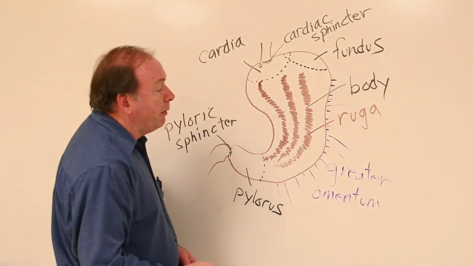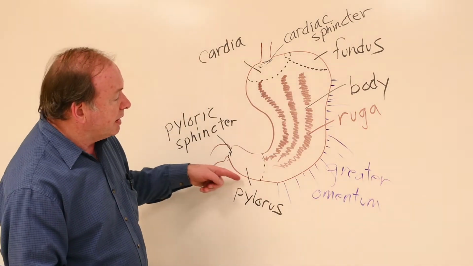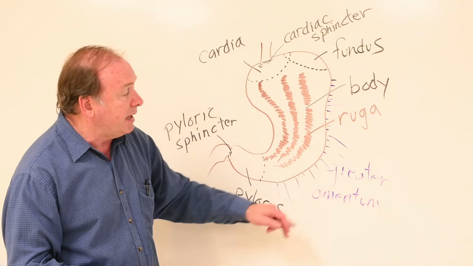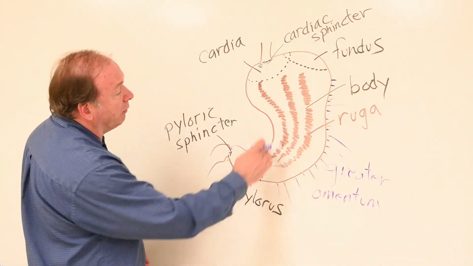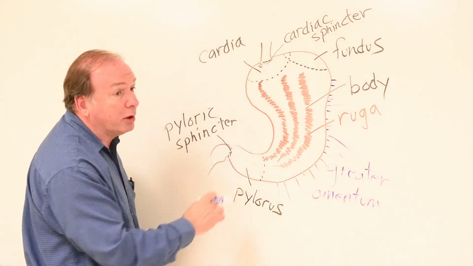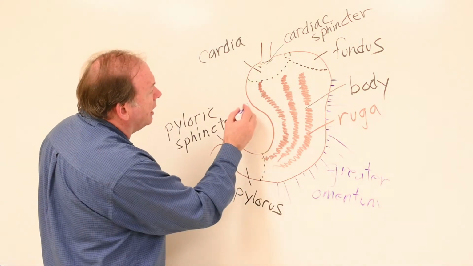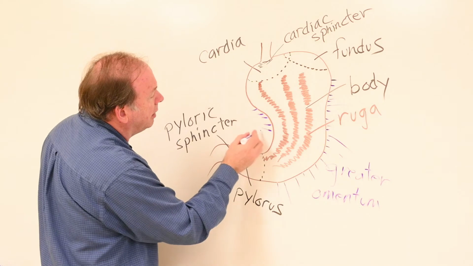Over here, we refer to this part of the stomach out here where the greater omentum is attached as the greater curvature. The greater curvature. Over here on this side, you notice there's a smaller curve. This is the lesser curvature. On the lesser curvature,